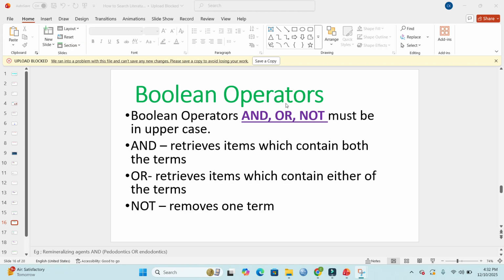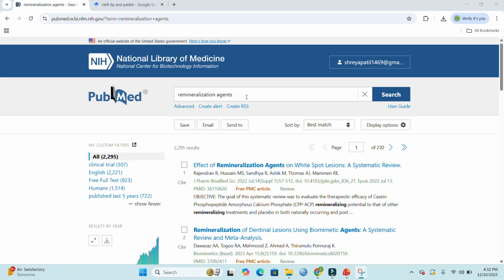OR is used when you want either one of the terms, and NOT is used when you want to remove one of the words. When you do not want to find that word in a particular article, you can use NOT. I'll explain with an example. Let's take an example of remineralization agents in enamel and dentin. Think that you want to find remineralization agents, and so you want that word remineralization